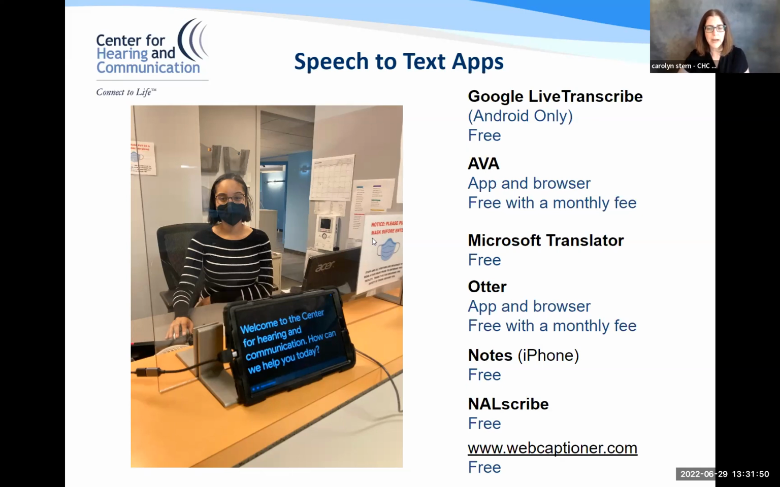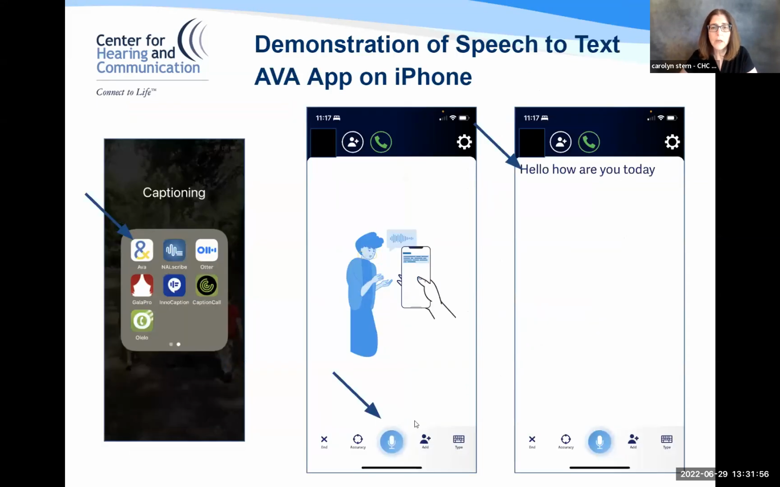So what I wanted to do now was just show you very quickly some of the ways that it works. So I'm going to demonstrate one app. I picked it not because it's the best of all of them. They're all very good at this point. They've had a few years to develop. I picked Ava. Let's see if it came out right in the captioning,